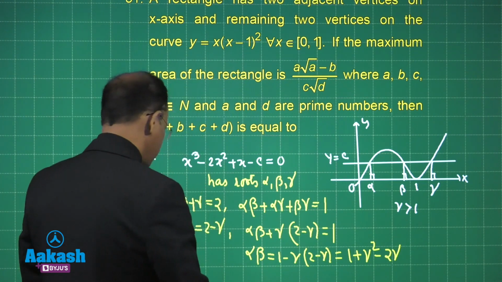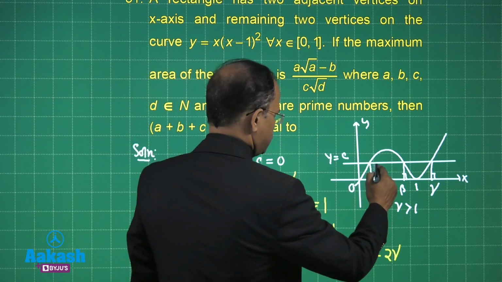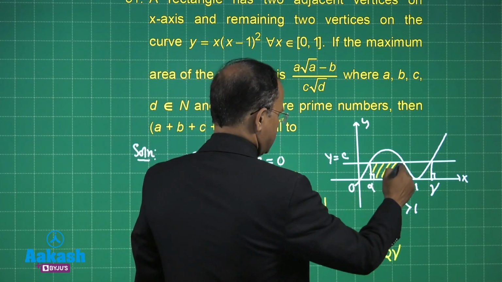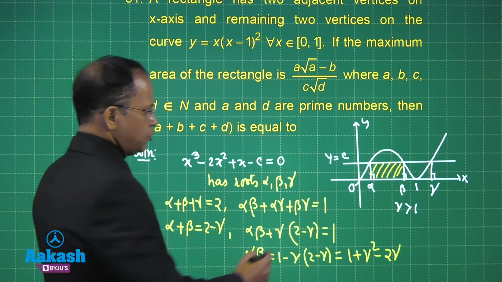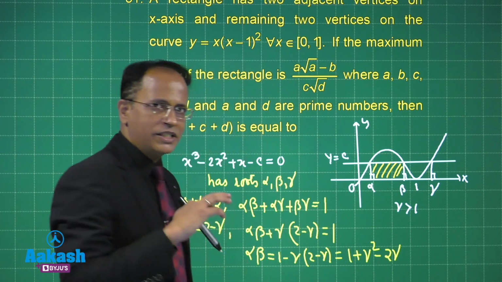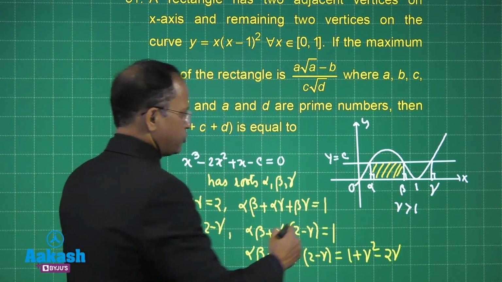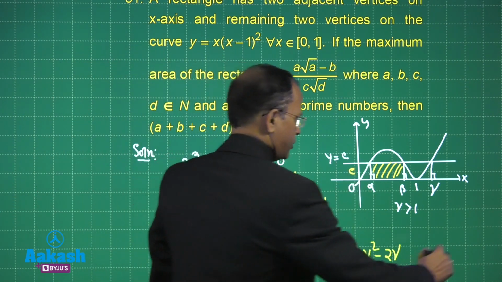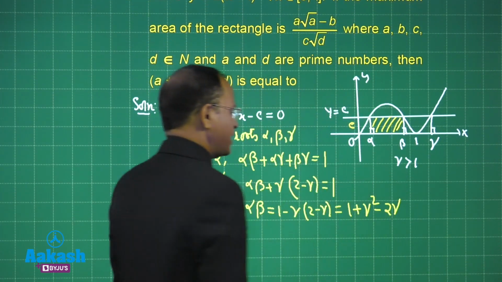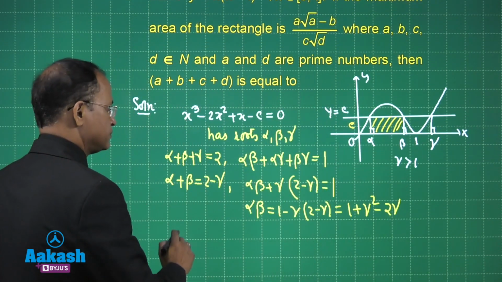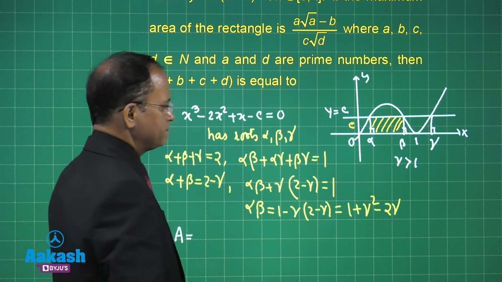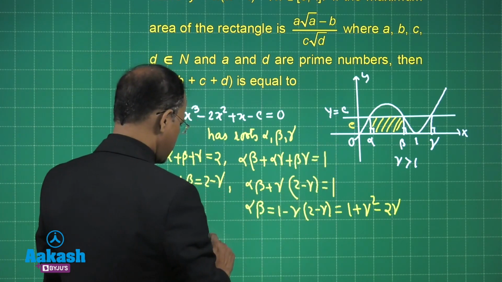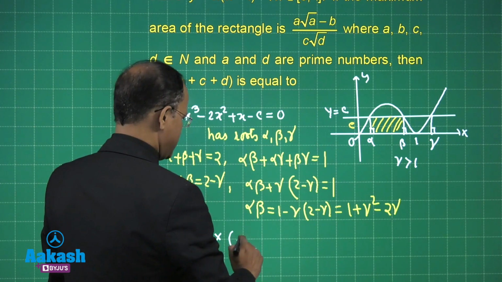So you have to find the area of the rectangle in this case. If you talk about the area of this rectangle, this is the rectangle I am talking about. So what is the breadth we have? We have beta minus alpha. And what is the length we have? C we have. Got it? So that means if we talk about the area now, the area is going to be how much? This is going to be this C times beta minus alpha.